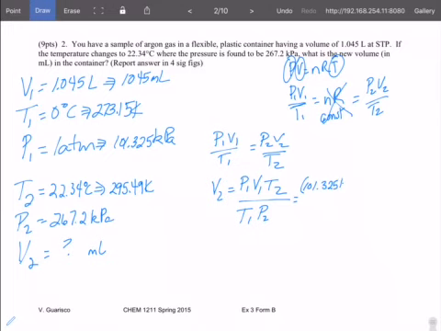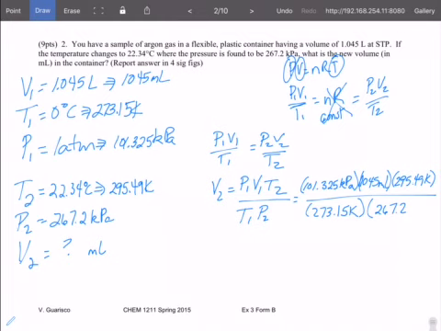101.325 kPa is my P1. My V1 is 1045 milliliters. My T2 is 295.49 K. And my T1 is 273.15 K. And my P2 is 267.2 kPa. So we'll run the numbers out, and V2 is found to be